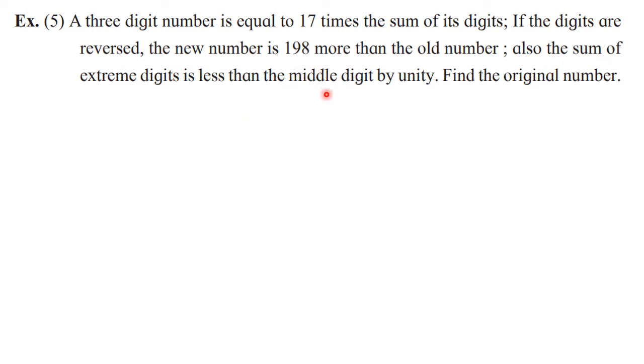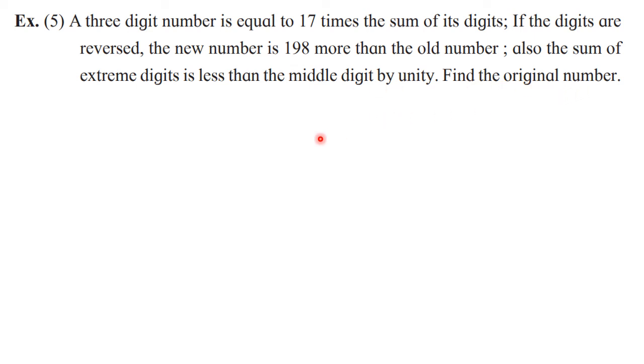See, it is given in the form of, see, extreme digits means hundreds place and units place, and the middle digit. Okay. So if hundreds place we are taking as x and units place we are taking as y, then we can write down the middle digit by using the numbers x and y. That is why here one more statement is provided so that we can write down the digits here. Find the original number. Because here both the types of numbers are expressed, reversed one also and original also. So we have to find original number.